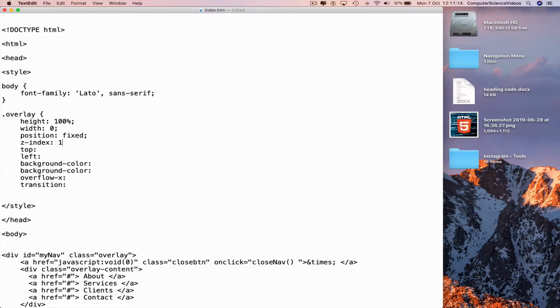Semicolon Z index 1 semicolon top 0 semicolon left 0 semicolon background color RGB parentheses 0 comma 0 comma 0 and with parentheses semicolon background color RGBA parentheses 0 comma 0 comma 0 comma 0 dot 9 parentheses, semicolon, overflow X, hidden, semicolon, transition, 0.5 seconds, semicolon, go to a new line, curly brace, Command S to save, go to RGBA, highlight,